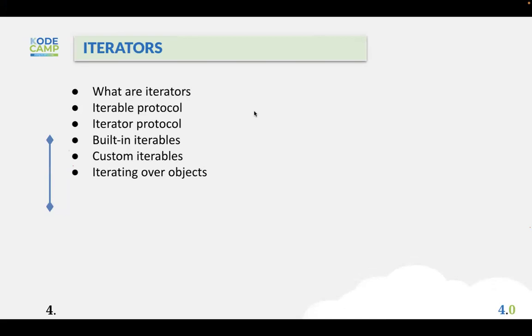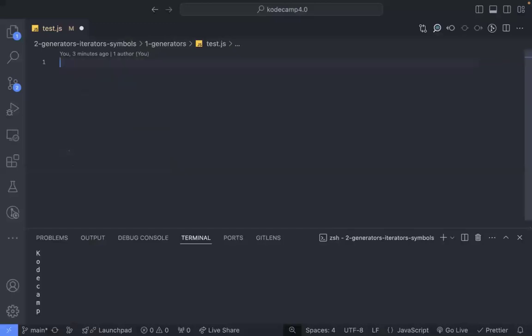Let's move on to iterating over objects. Iterating over an object in JavaScript is a bit different from iterating over other iterables like arrays, maps, and sets. In iterating over objects, you use the in keyword instead of of. So for instance, you have an object. const obj is equal to name: KodeCamp and age, let's say 4. And you want to iterate over this, you can simply say